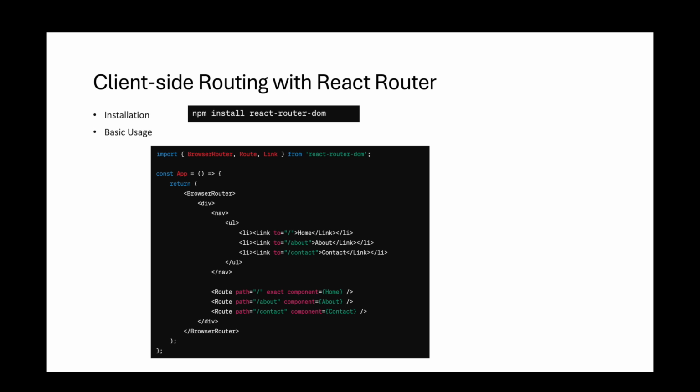Example: import BrowserRouter, Route, Link from react-router-dom. const App = () => { return <BrowserRouter><div><nav><ul><li><Link to="/">Home</Link></li><li><Link to="/about">About</Link></li><li><Link to="/contact">Contact</Link></li></ul></nav><Route path="/" exact component={Home} /><Route path="/about" component={About} /><Route path="/contact" component={Contact} /></div></BrowserRouter>;